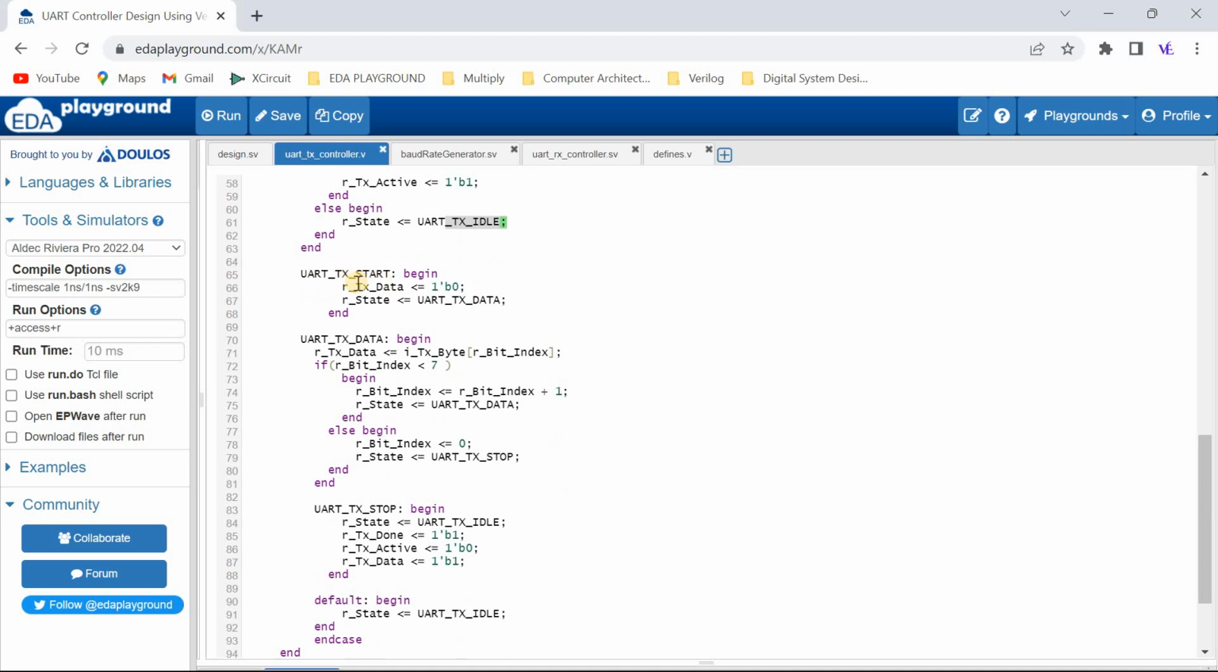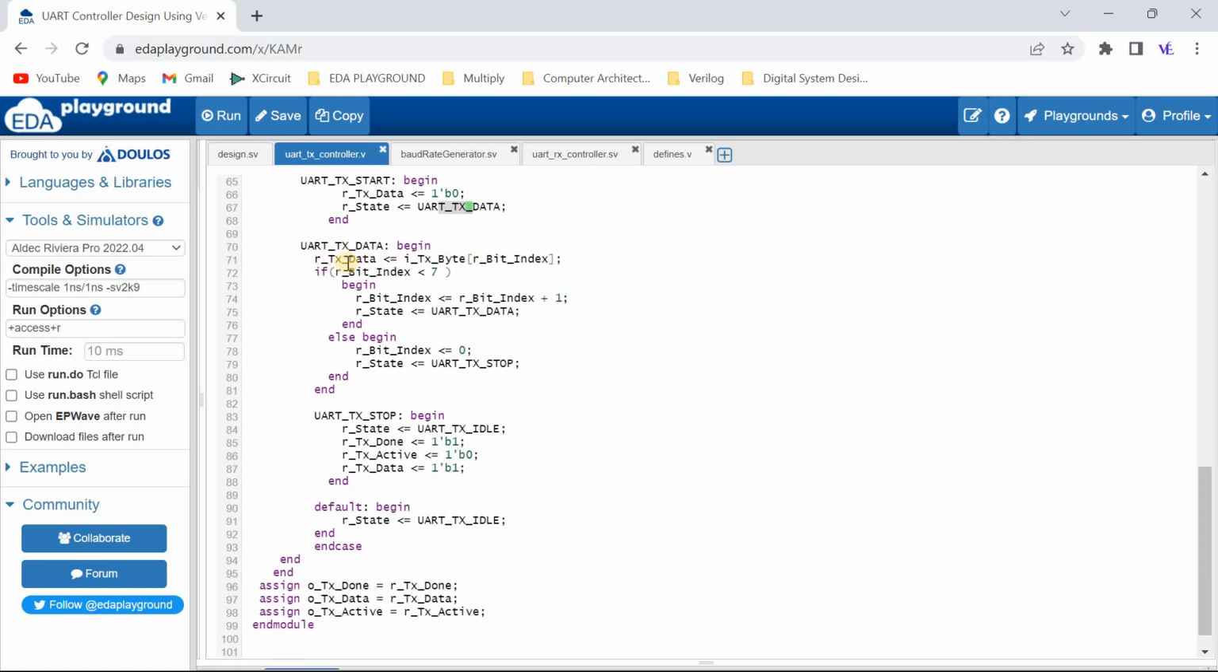In the start state, we pull our TX data line low, and we go into the data state, where we are transmitting the data. The TX data will get the input TX byte, which is the input parallel 8-bit data. Bit by bit it will be assigned to TX data, and along with that we keep track of the bits using the bit index. If the bit index reaches 7, that means we have transmitted all 8 bits of data. If it is less than 7, then we have not transferred all the data, so we increment the bit index and remain in the UART-TX data state. But once we have transferred all the 8 bits of data, our bit index will become 0,